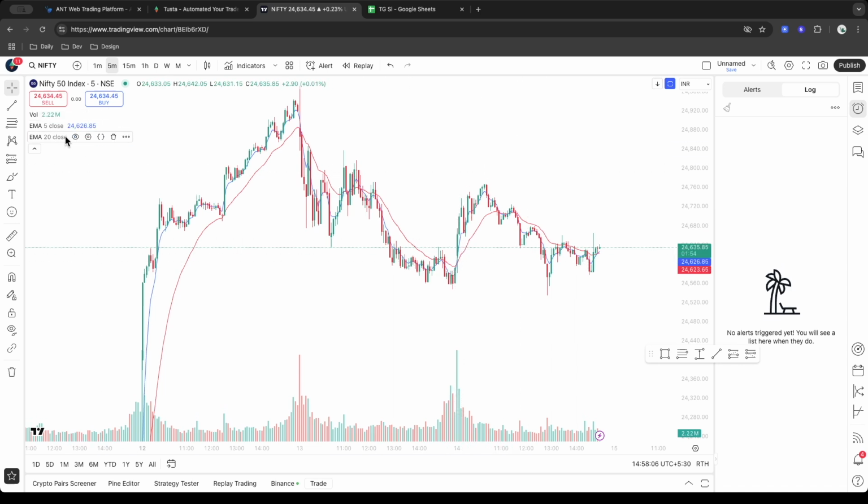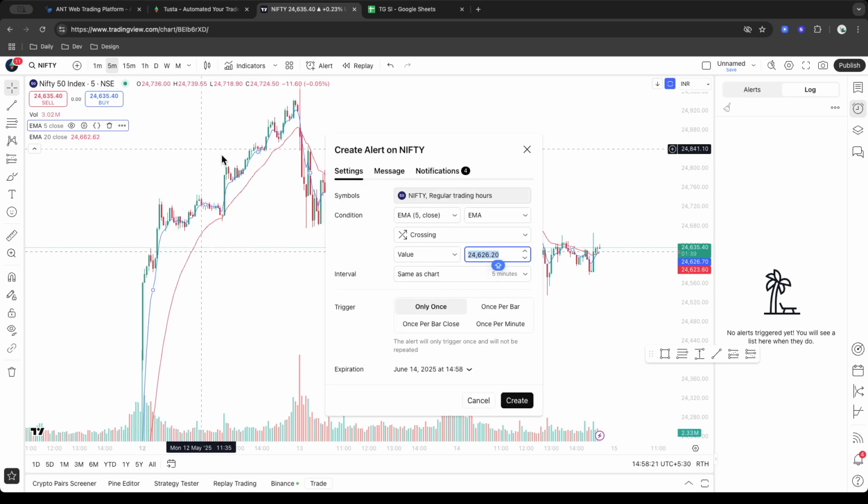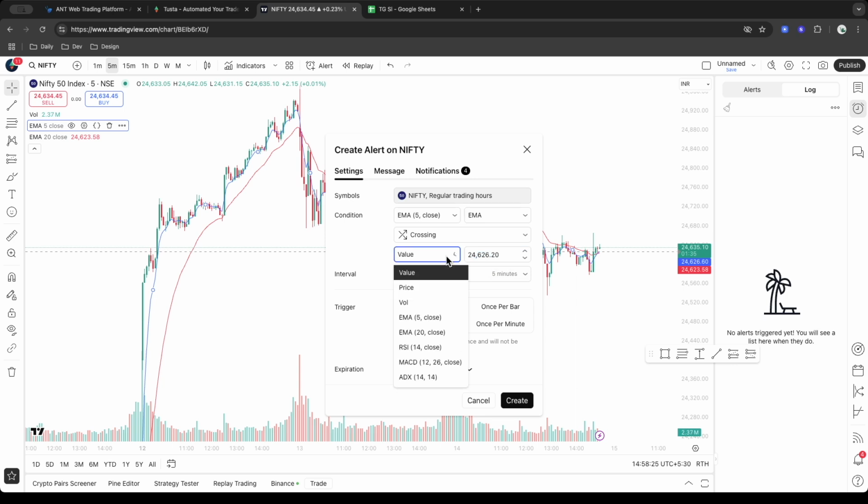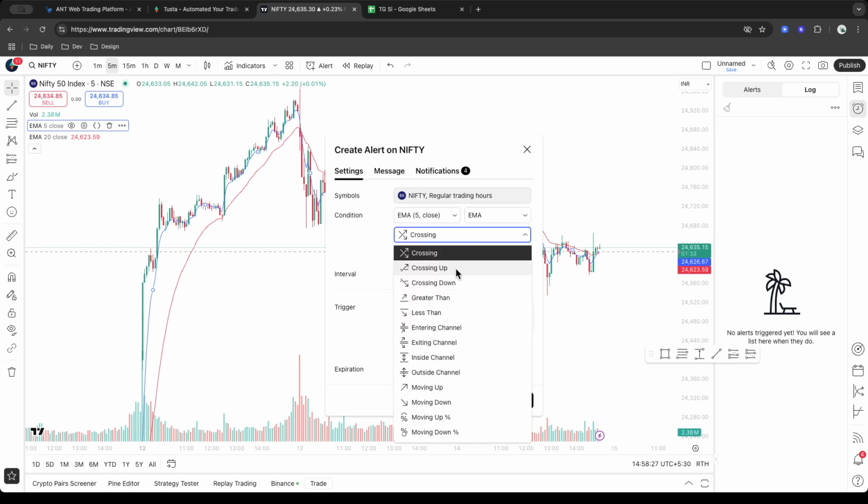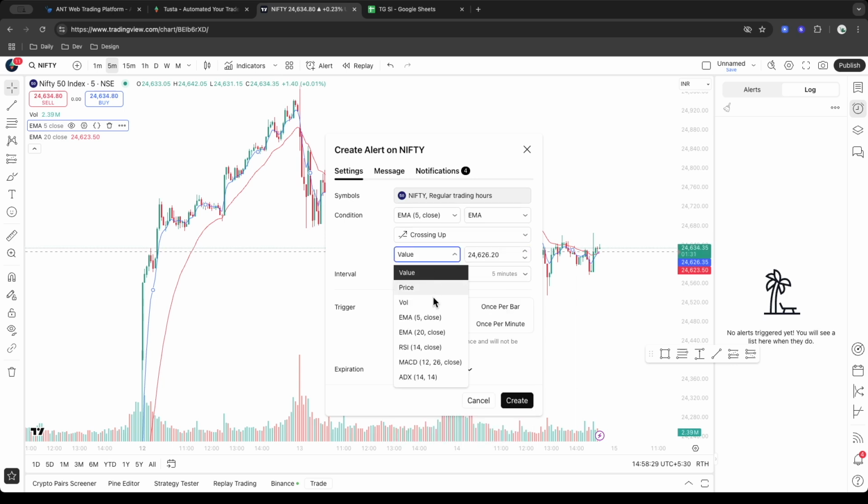But currently, these are indicators and these are not strategies. I can simply click on any one of the indicators and add alert on EMA. Here I can set EMA 5 crossing. I can also say crossing up EMA 20. So every time EMA 5 crosses above EMA 20, it should